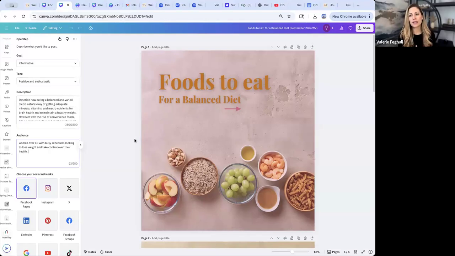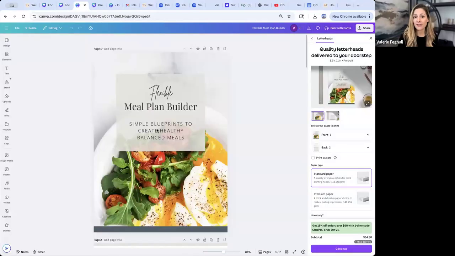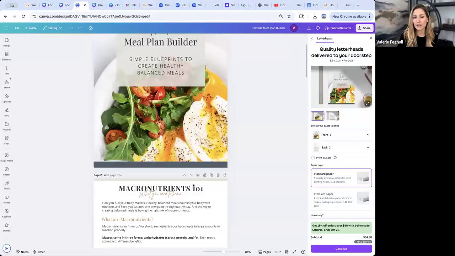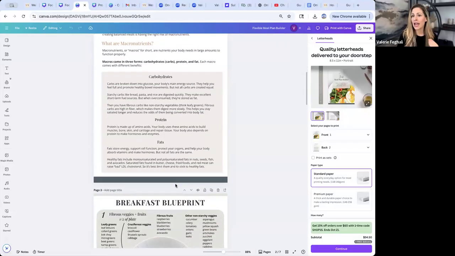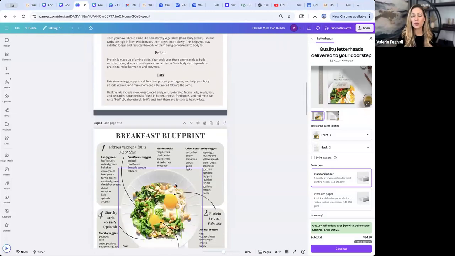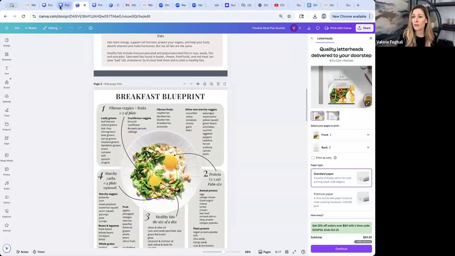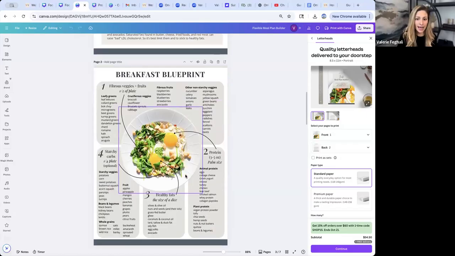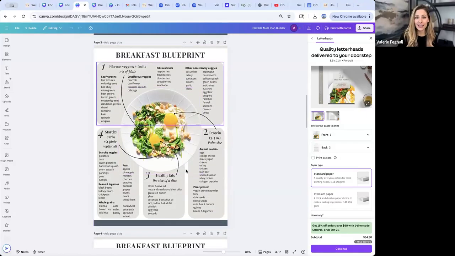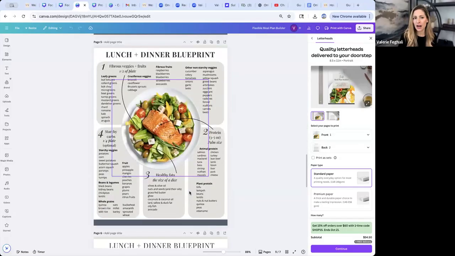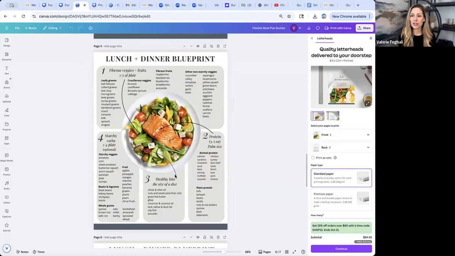So let's say that we're using this social media post to try to get people to sign up for our email newsletter and receive a freebie, right, with it. And so we might be directing them to one of our pieces of content. So we have this flexible meal plan builder. This is available to you inside of the Wellness Vault. So this would be an example of a guide that matches with this social media post. So this social media post is all about balancing your plate. And this particular guide is all about how to balance your plate realistically and giving tangible tips and examples in here. So we might have someone comment a certain word on our social media post in order to get